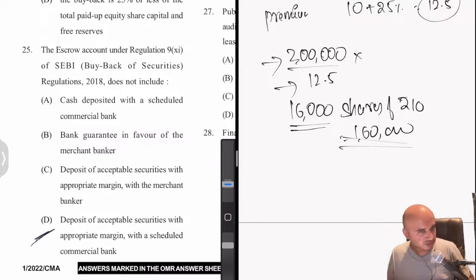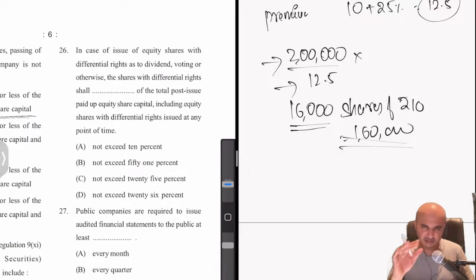See, I don't expect students to know these types of questions. There are certain questions for which you will not know the answers. Don't worry. Even if you attempt 80% of the questions and get 80% of that, still you are safe. Why? Because 80 into 80, at least you'll get 64. So such questions will be there here and there. 10% of the questions will be way out of your league. You won't be able to even remember such obscure things which the institute so stupidly asks. So don't worry too much about it. Just leave it and attempt the rest of the questions.